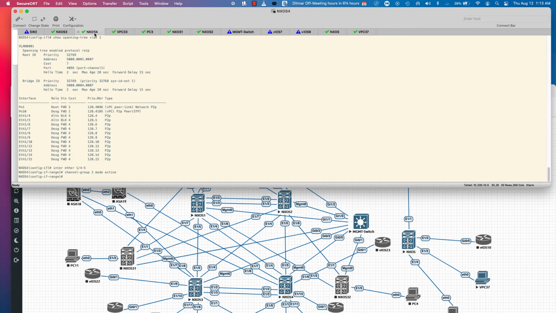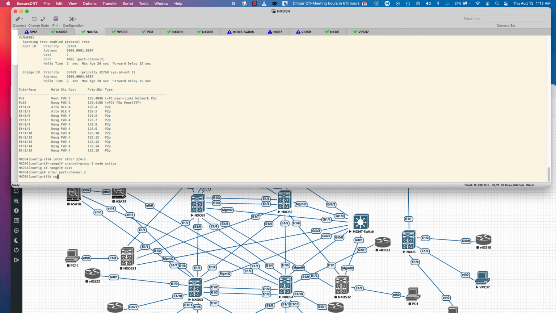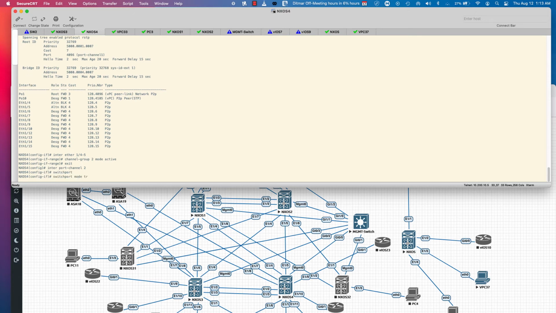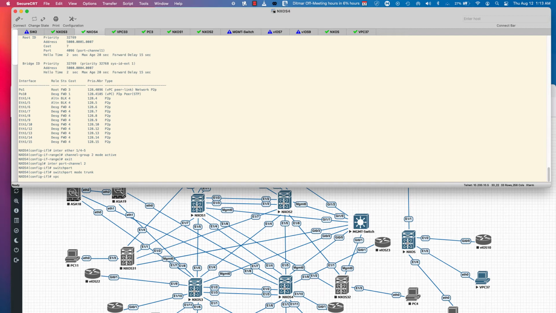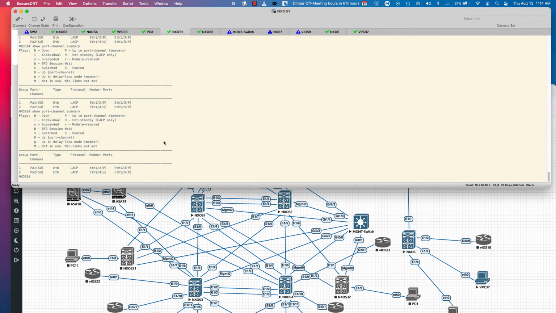That is because the NX04, all right, it just took it. Now I have to go to say interface port channel 2, switch port mode trunk, and VPC no shut. And now if I go back to the same switch, I now see passive. So as you can see, we have now a back-to-back VPC, right? So let's save the config,